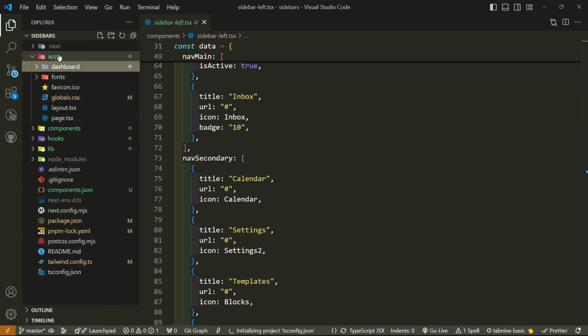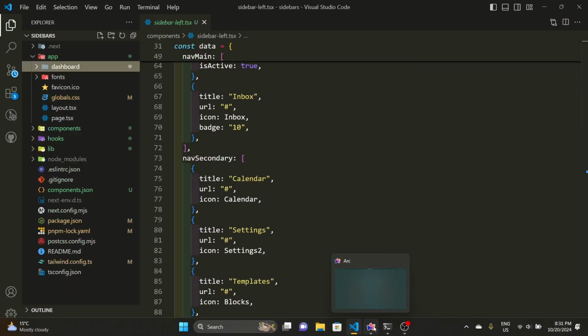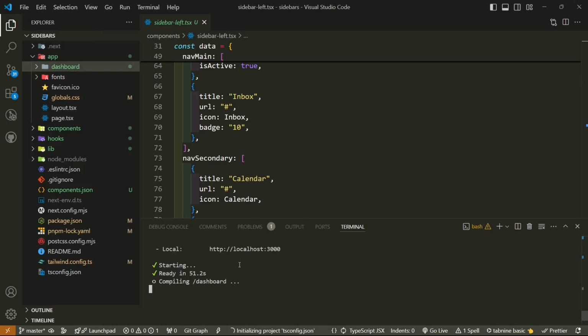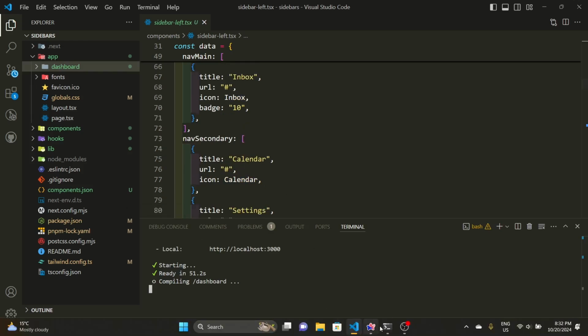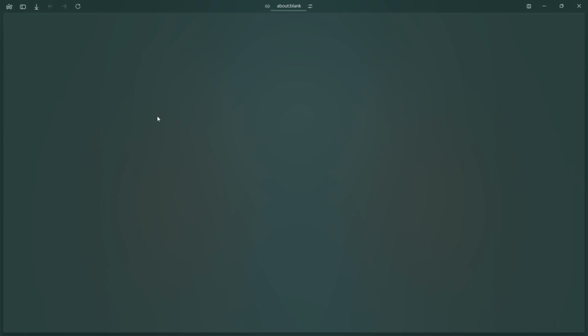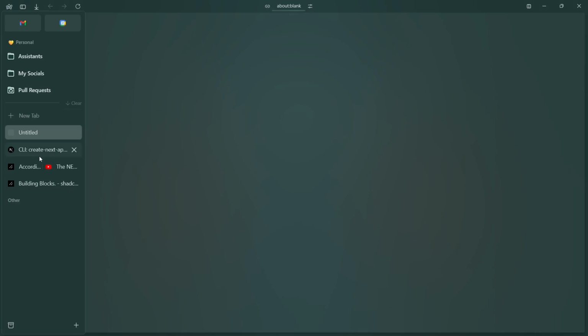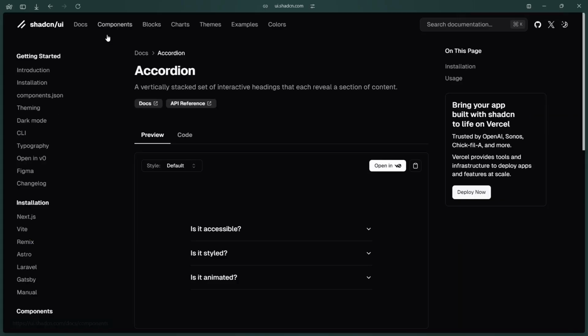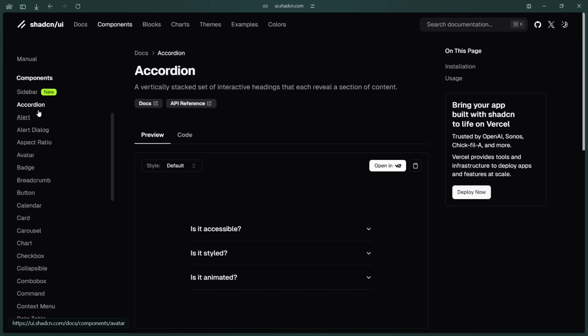Let's check if our page has loaded successfully. It's trying to check. It's delaying. I'm checking the compiling dashboard. Still compiling the dashboard. Okay, well, that's good. As we go back here, we're trying to check out something. If we go back to our shadcn, go back to the components, and go to the sidebar,